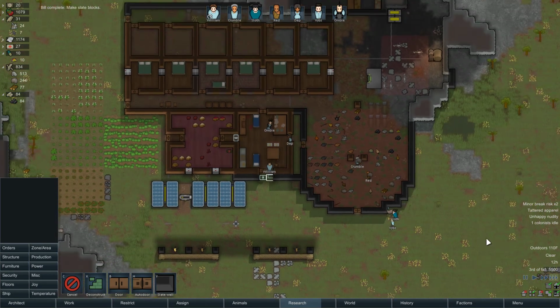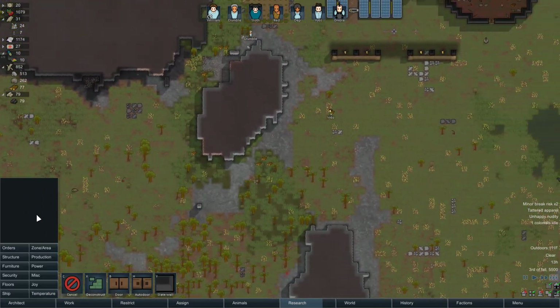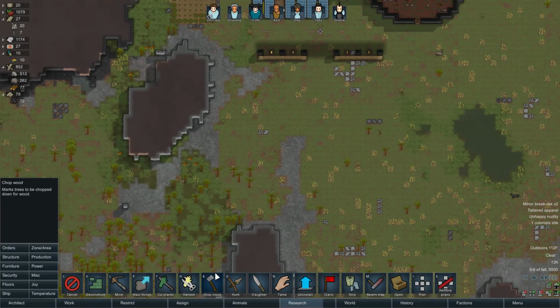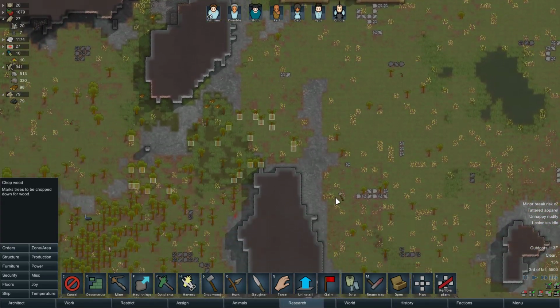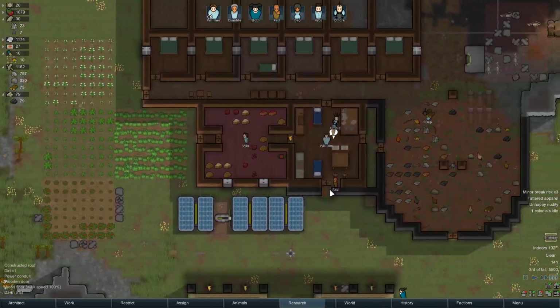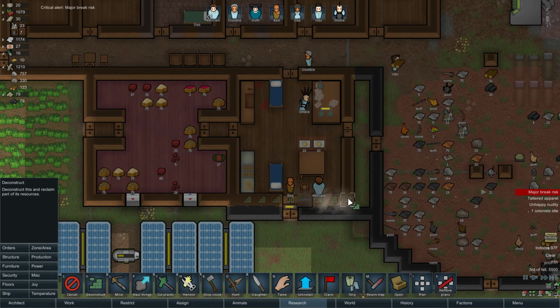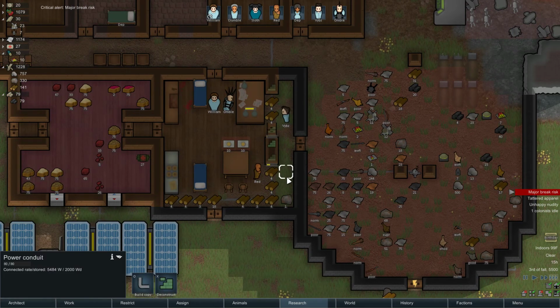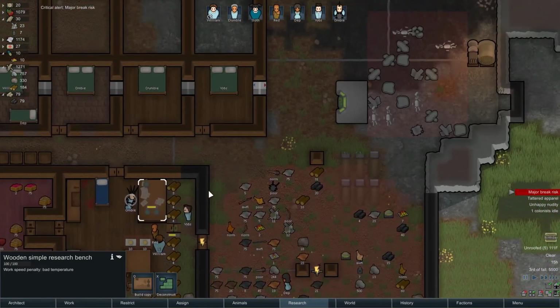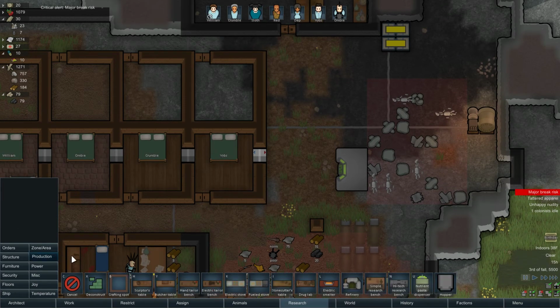Although we're going to need a lot of wood for that as well. We have chopped a little bit of wood down, but I think I'm going to need like 1,000, not too little. So let's continue chopping even more of that. And then I'll deconstruct all these wood walls and doors, etc. I think I will do what I said last episode, and I'm going to make a...